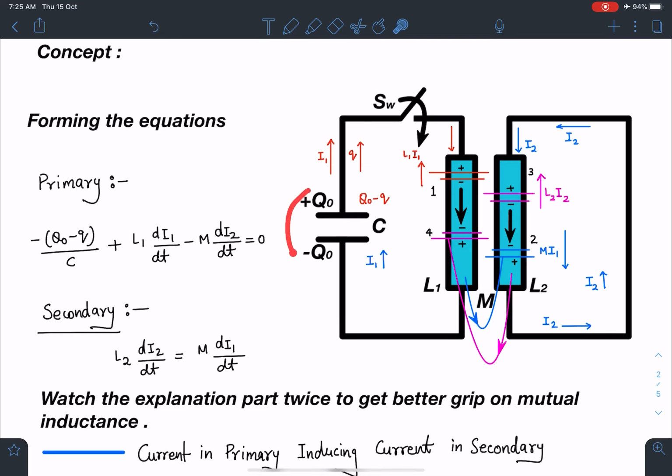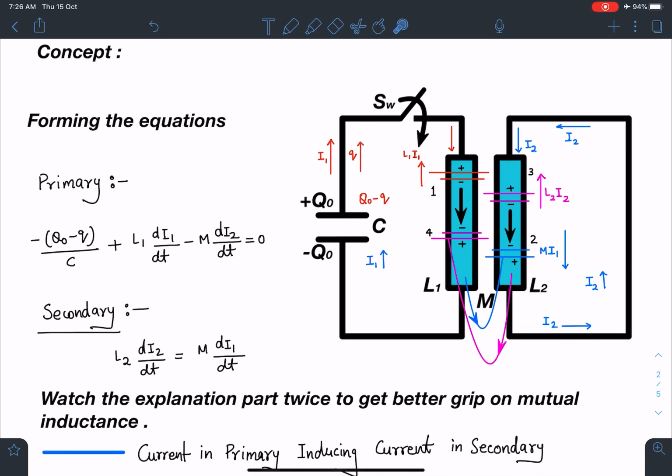So this charged capacitor, when the switch is closed, charge Q will start flowing through this, and the corresponding current is I1. So I can simply write dq by dt as I1. Now this I1 is increasing here. So this increasing current, when it is passing through this inductor, let's say it is going to create field lines in this direction. I'm assuming that's what this black arrow sign is denoting here in the first one. Let's not think about the second one right now. We'll just focus on the first one.